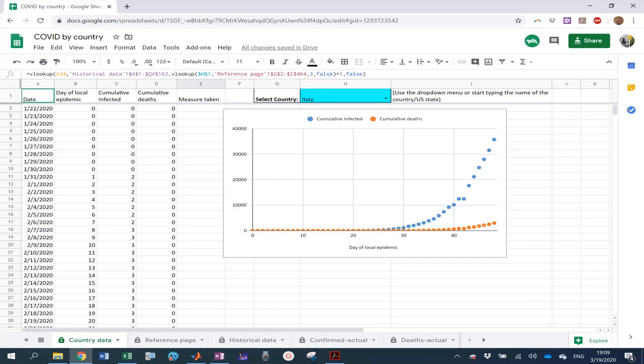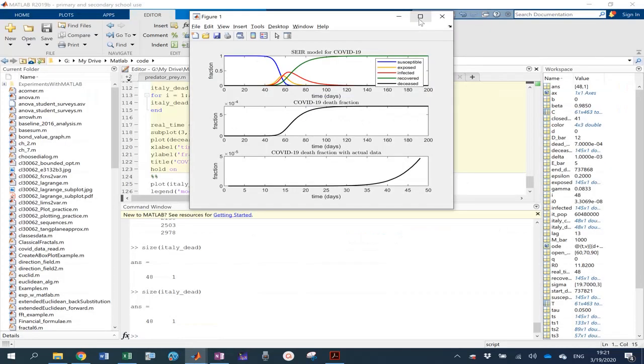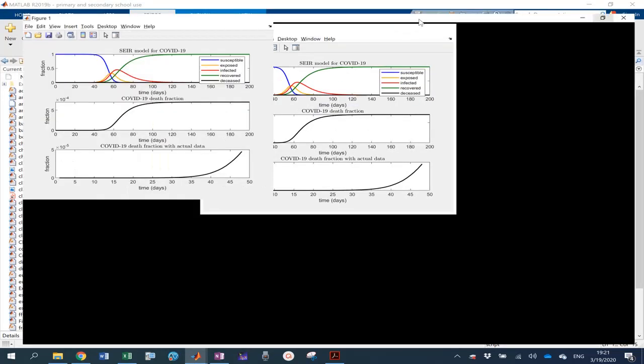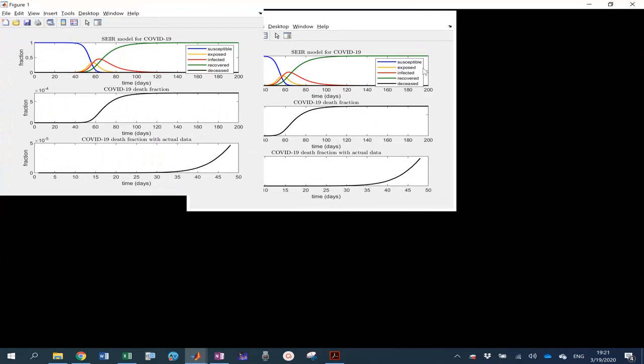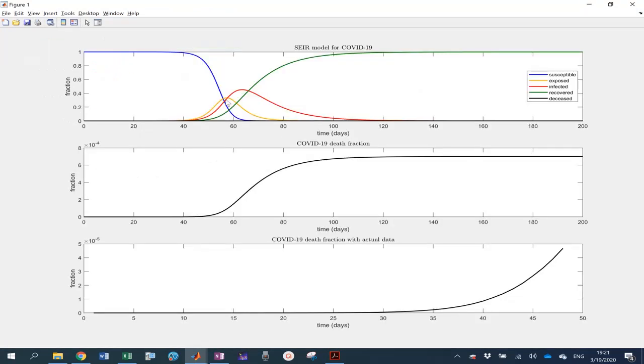The reason I bring this up is because we want to know when it is safe to remove these measures. And of course, don't trust me, trust the authorities, but at least we'll have a sense of where we are on the curve. So we're moving back over to MATLAB, and what I've done is I've regraphed the same model from before. Now, this doesn't incorporate any social distancing measures at all. So this is just assuming that we had not taken any of those measures, which we actually have.